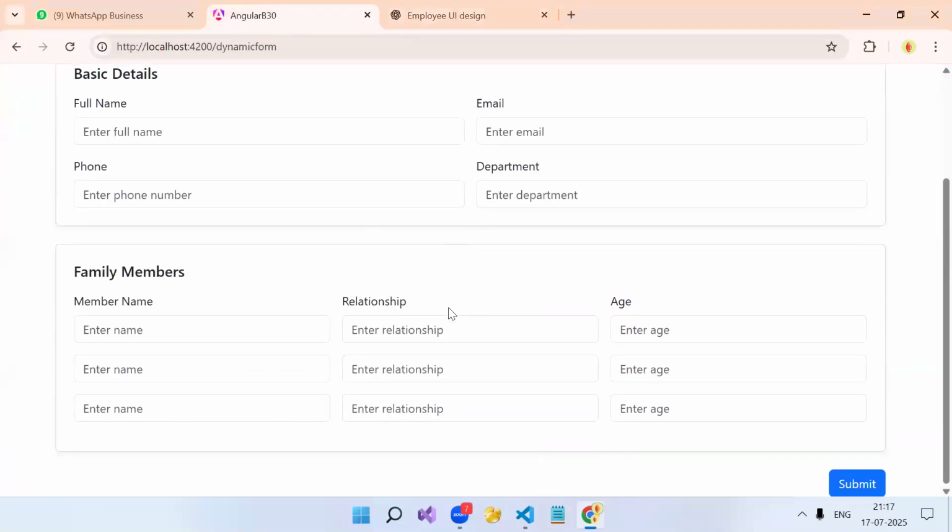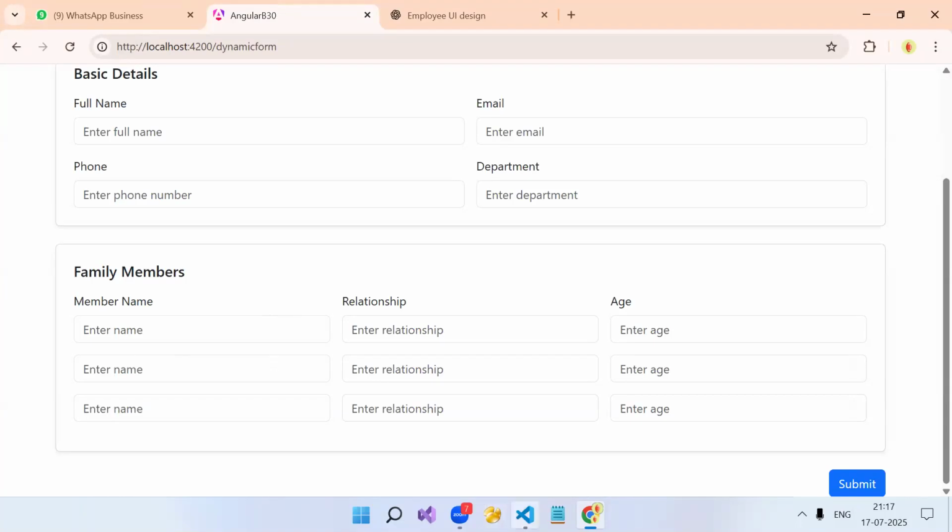Okay. Now see. Where is the add button? Okay, fine. So consider this is your UI. This is your employee and family detail, and family details are going to be multiple. Here they have created it as static, but we will have an add button over here. By default, only one row will be here. Once you click on add, one more form will be populated. Again, if you click on add, one more row will be populated. So this is going to be dynamic.